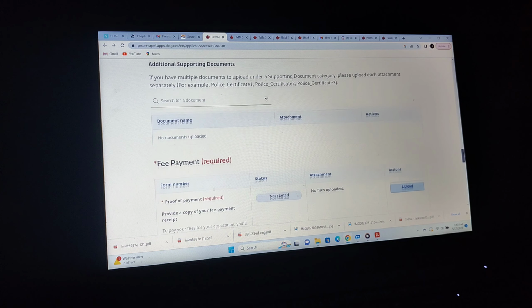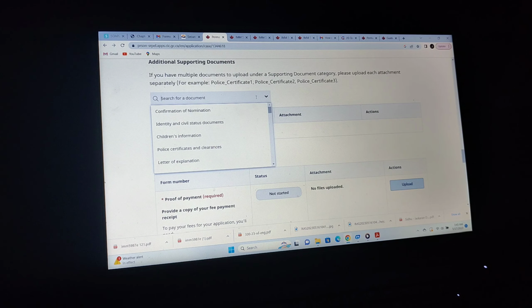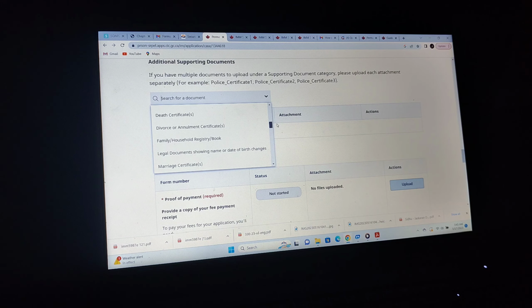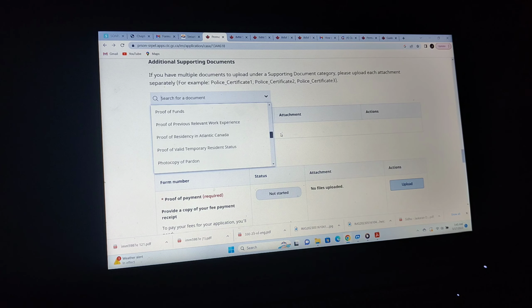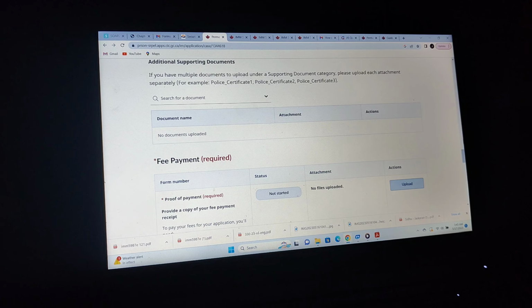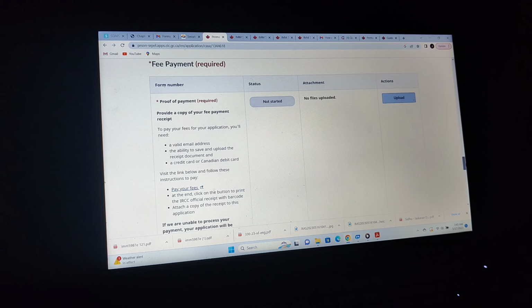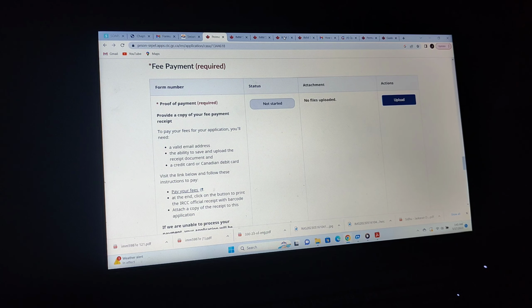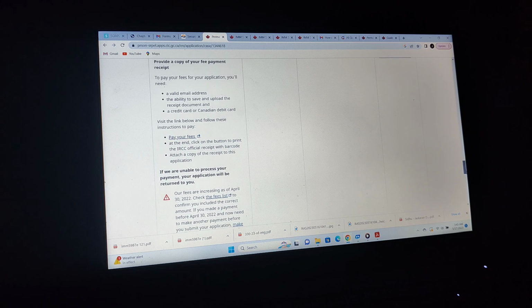Alrighty, what else do we have here in case we want to submit our PCC? Of course, we have to submit the PCC. Okay, yeah, death certificate, marriage certificate, proof of funds, yes, everything over here. So all the documents will be submitted over here, but in that exact format. Let's see, what do we have in the end? Alrighty. Oh, in case, so I won't do payment because I am not submitting the application, but please, once you